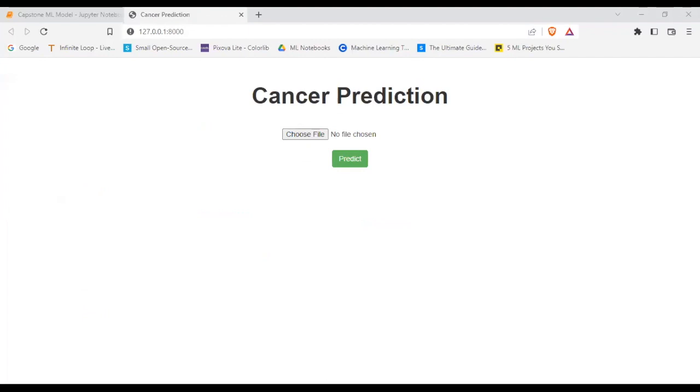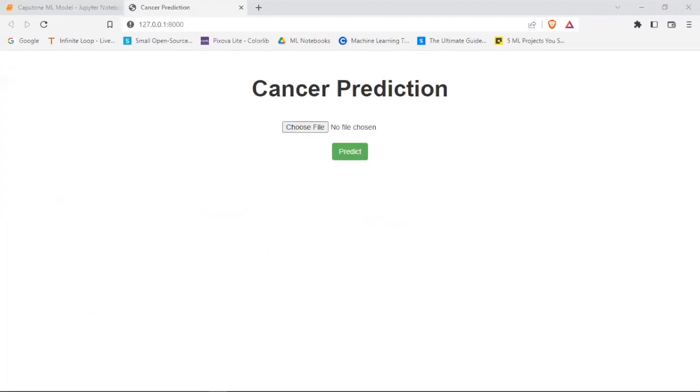So now for the deployment side, what we have used is Flask for the deployment purposes. Here we have defined two files, index.html and predicted.html. Index is the front end page that we first encounter when we are visiting the model, and then the predicted HTML is shown when we have submitted the image and the prediction has been done. The app.py is the Python file which works for the backend and the model purposes. The four models that we first used are then loaded in the app.py, and then they are worked